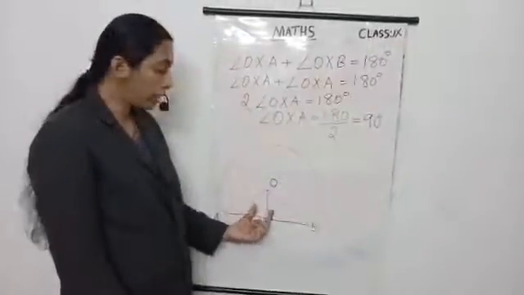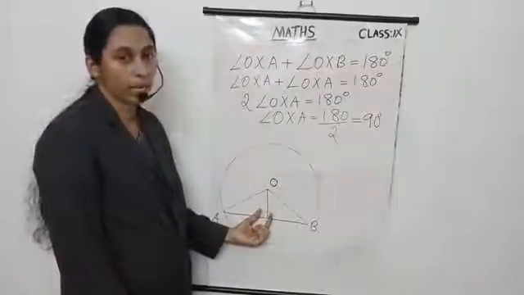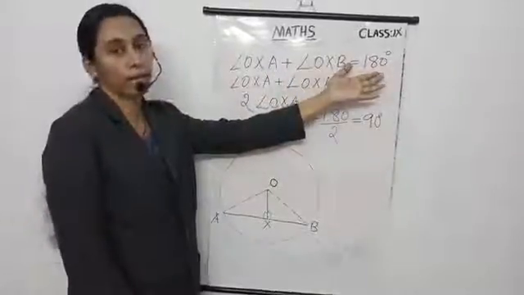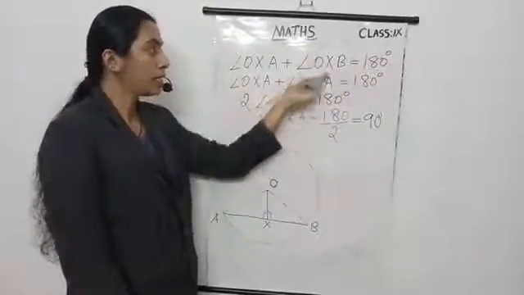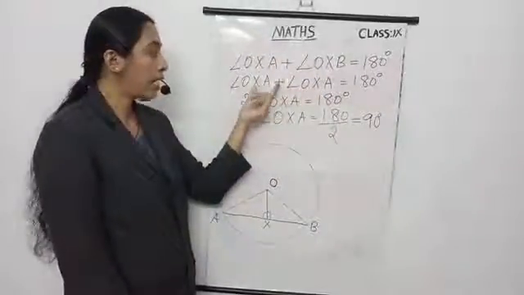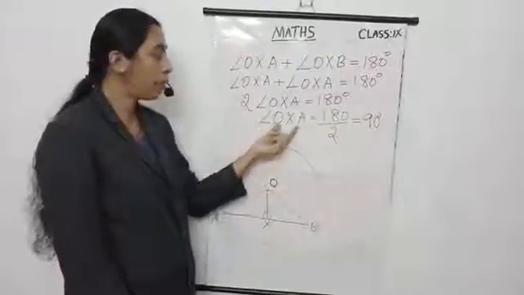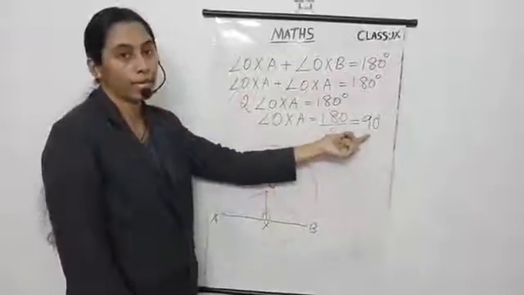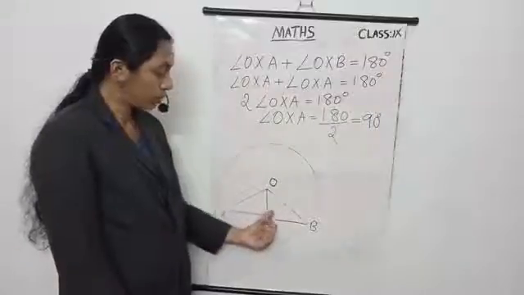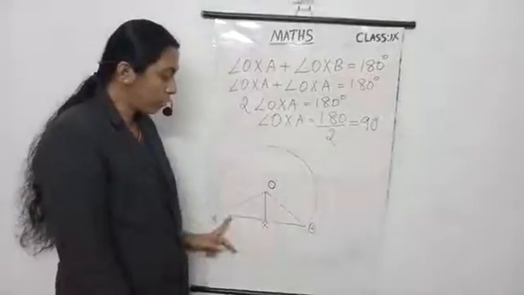So first we start with the two triangles; we prove both are congruent. Then we consider these two angles. Both are equal. Both are a linear pair, so we add, we get 180 because both are a linear pair. Then substitute or replace this angle OXB with angle OXA. Then adding, we get 2 angle OXA equal 180 degrees. Then angle OXA equals 180 by 2, 90. That means this angle is 90 degrees and these two are equal, so this is also 90 degrees. Then OX is perpendicular to AB.